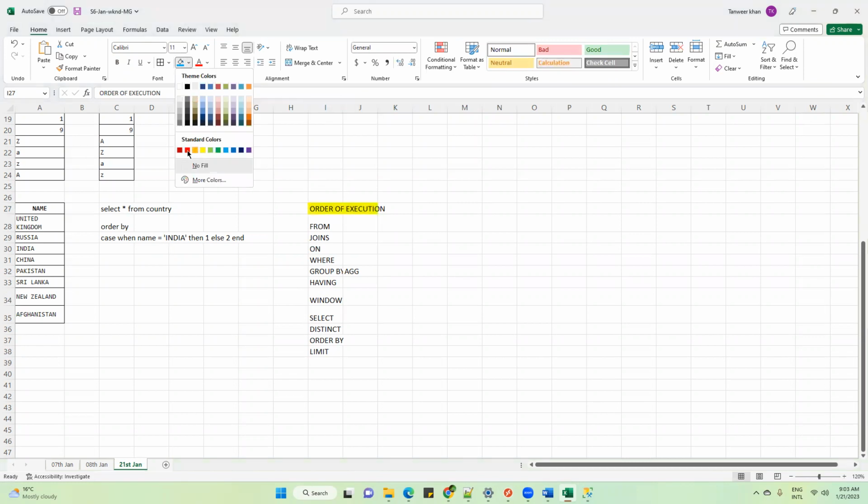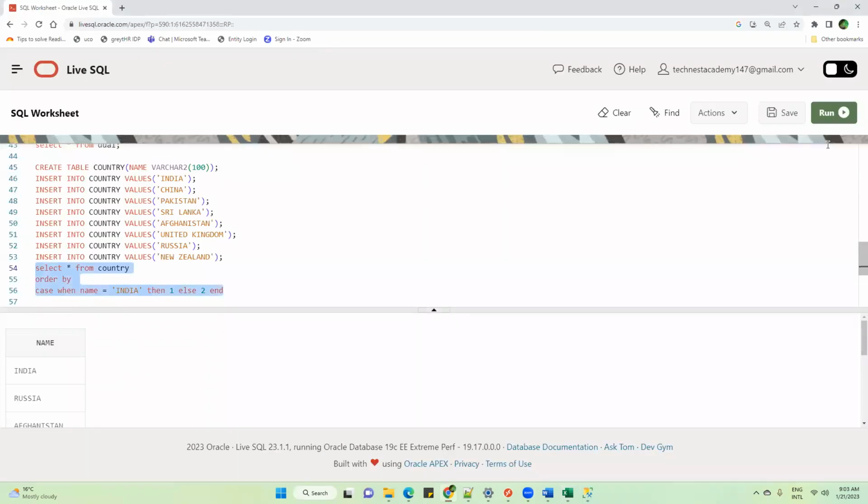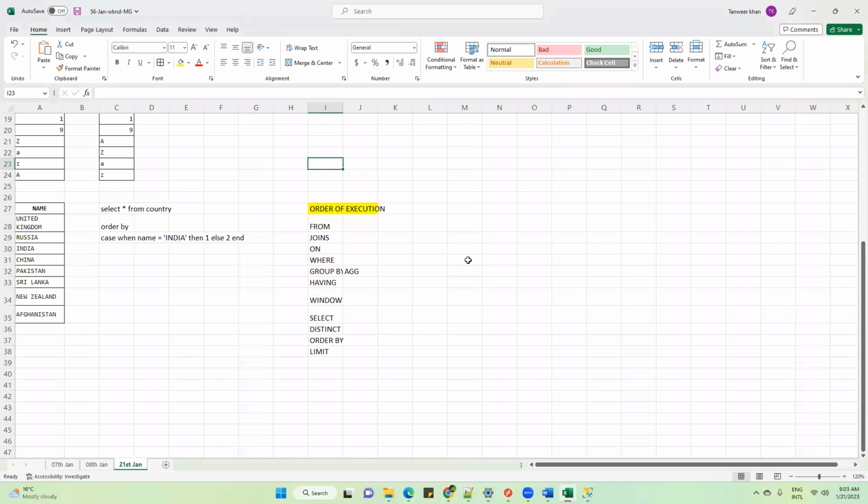Okay, so the way you write a query and the way the engine executes it, that is a totally different world. When you write a query and hit the run button, you don't know how many processes work internally. The SQL parser will do its job, then the optimizer is there, then the performance tuner will be there. A lot of things happen. Maybe we can discuss it down the line if time permits.